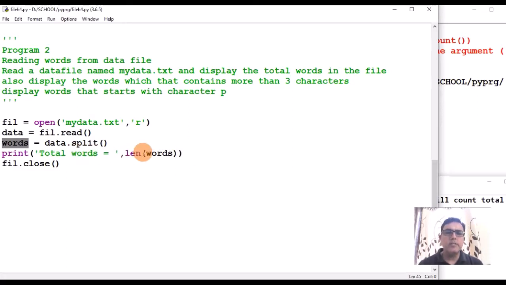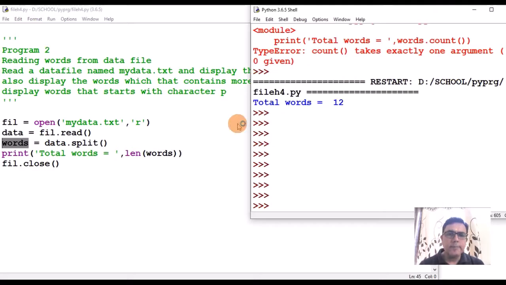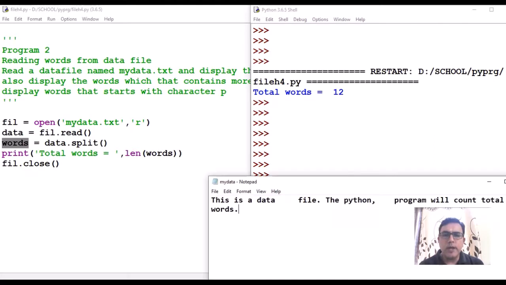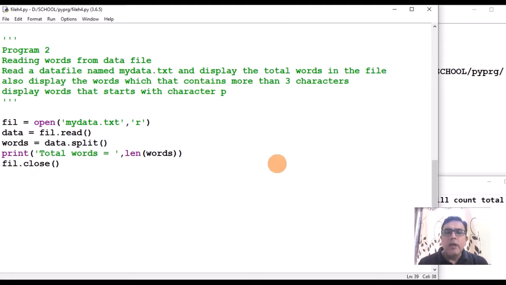So what I have done: total words is equal to length of this list words, right? Run it. It is showing 12. Let us verify whether there are 12 words or not. So 1, 2, 3, 4, 5, 6, 7, 8, 9, 10, 11 and 12 words are there in this data file.